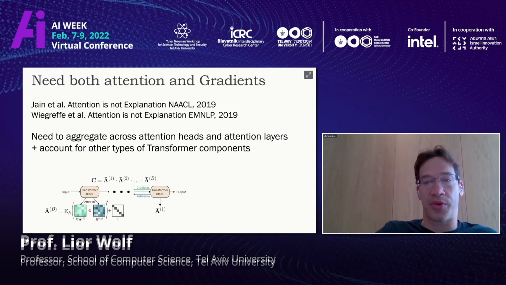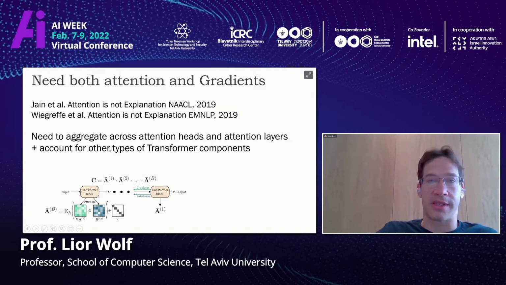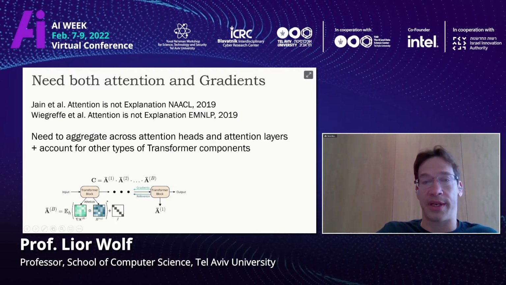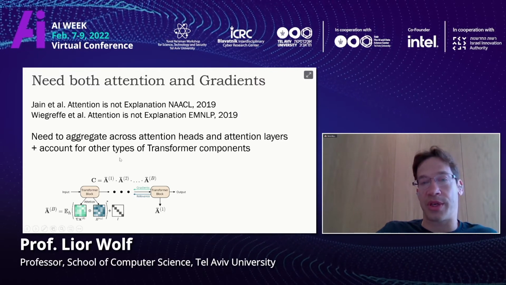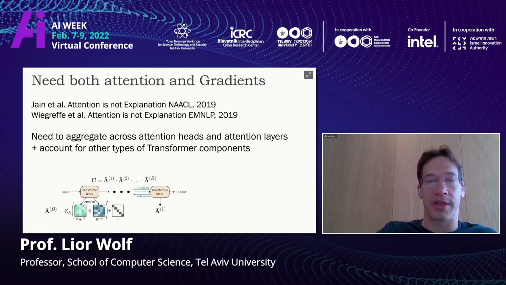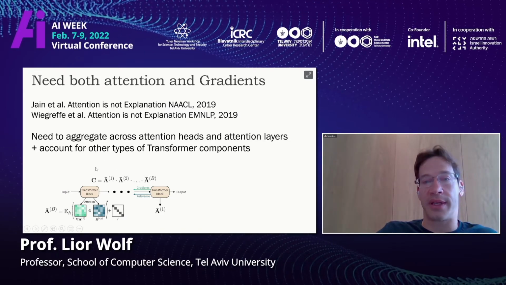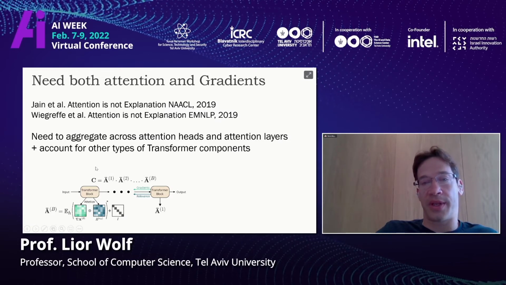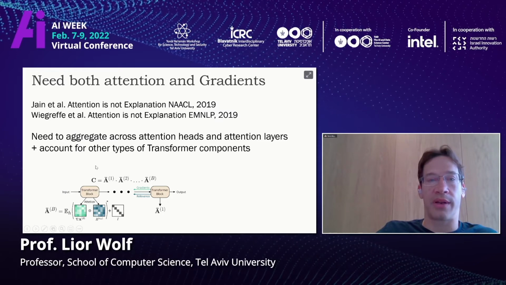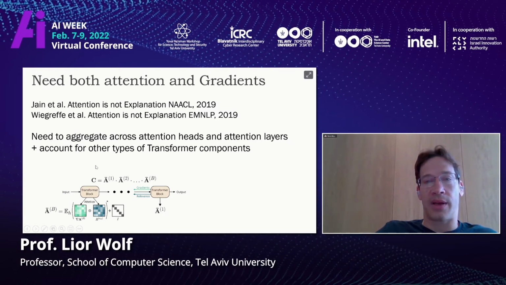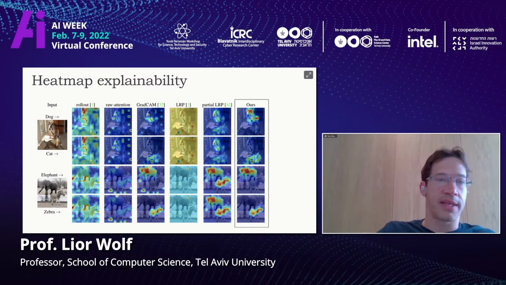In neural networks, the gradient of the network is a very strong signal as to what is important. It's actually the signal that we use during training. It tells us how much the outcome changes when we change the input. So Lior and Lior combined the attention together with the gradients, and were able to come up with a very elegant solution that combines everything in one unified way. And what they get is the kind of attention maps that you see over here.